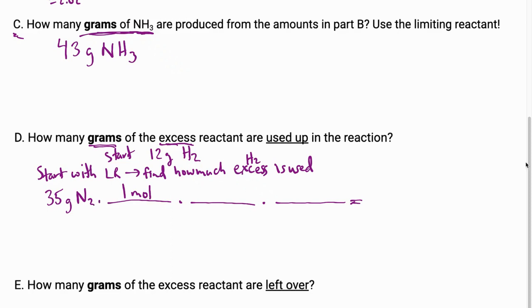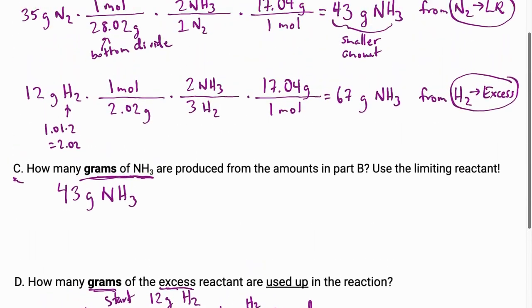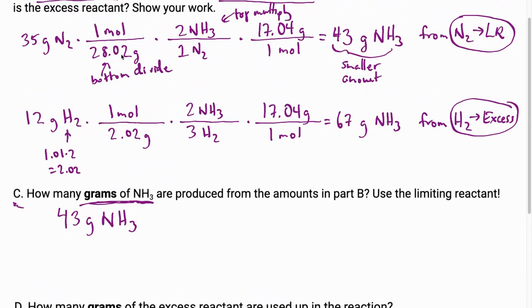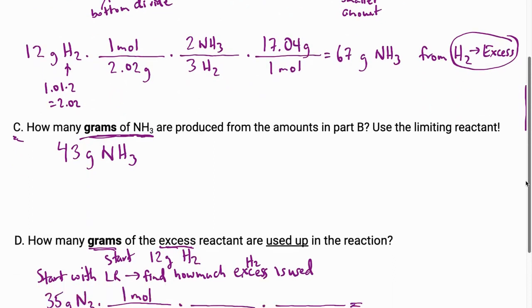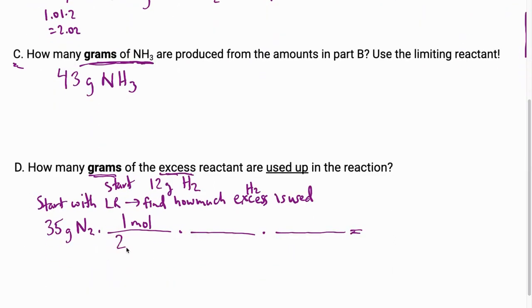Now, fortunately, we've already done all this work, so I just need to go back up and find my molar mass. My molar mass is 28.02, so I can put that down here. Now remember our X, what we're trying to find is our H2. So here in our mole ratio, I need to look at my balanced reaction. My balanced reaction, I'll write it here so that we don't need to scroll up, is 1 N2 plus 3 H2